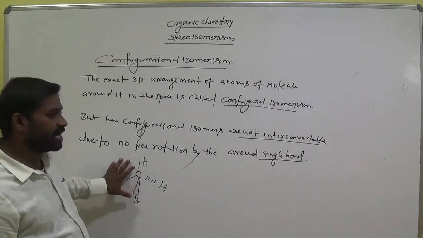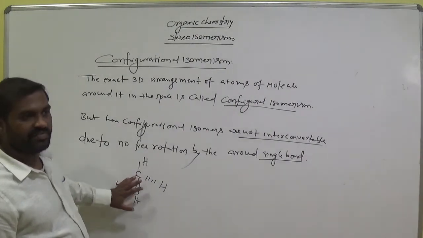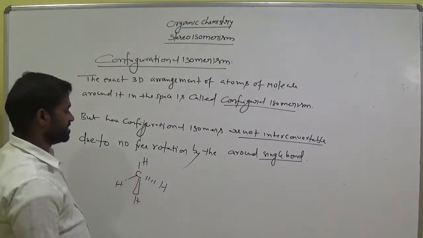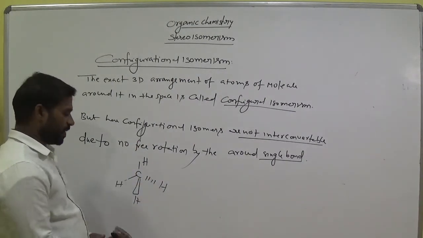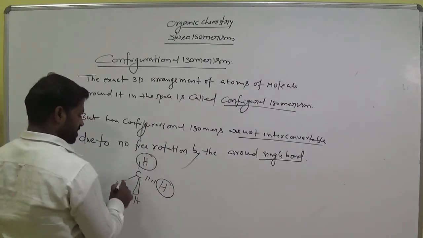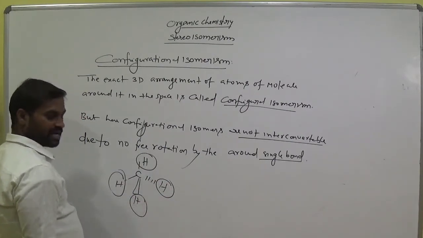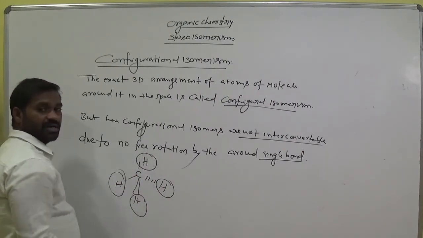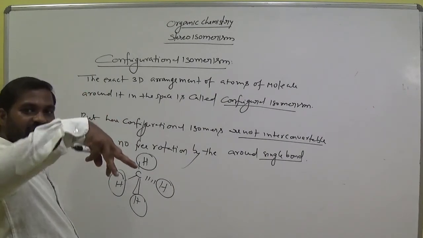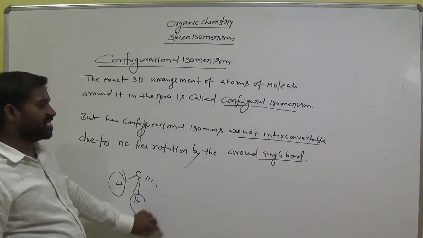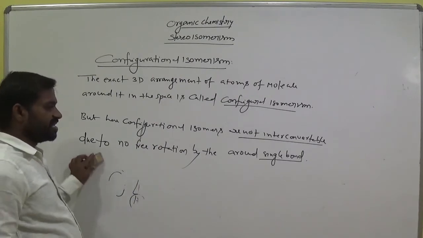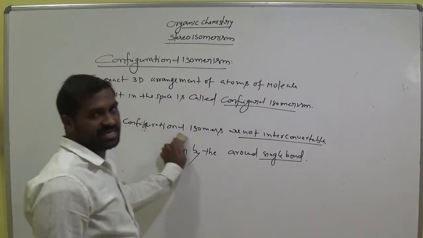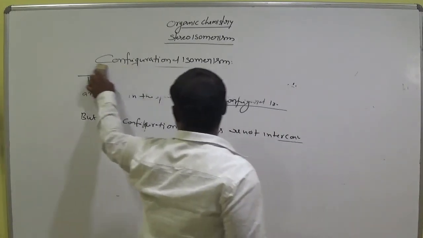Molecules have the same molecular formula. If you take another molecule, it has the same molecular formula, but there is no free rotation in this case. The atoms are arranged in three-dimensional space. Suppose this is one ball, this is one ball, this is one ball, this is one ball. This ball is towards me, this ball is on the backside of the board, and these two are on the board. So it is a three-dimensional arrangement of atoms, and rotation is not free here. There is no rotation in the case of configurational isomerism. Keep that in mind.